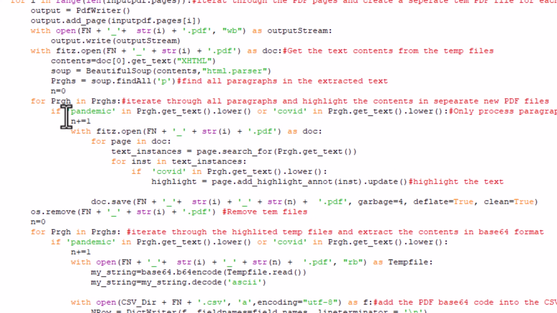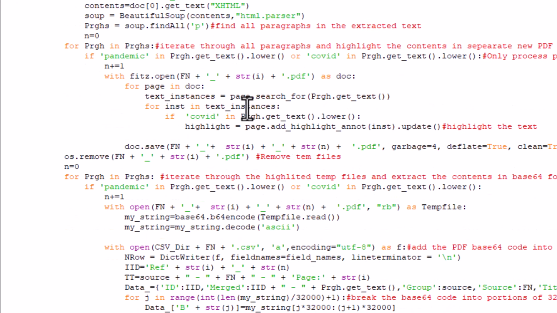We added an if statement that only looks for those 2 words, pandemic or COVID. So whenever the code comes across a paragraph that contains one of those 2 words, process it. Otherwise, don't. This will simplify the process a lot for us and control the size of the outputs. There's one small note here you need to pay attention to. Python is case sensitive. For this reason, we provided the word in lowercase and also converted the text in each of the paragraphs in lowercase. With this minor tweak, we're ready to run this code.